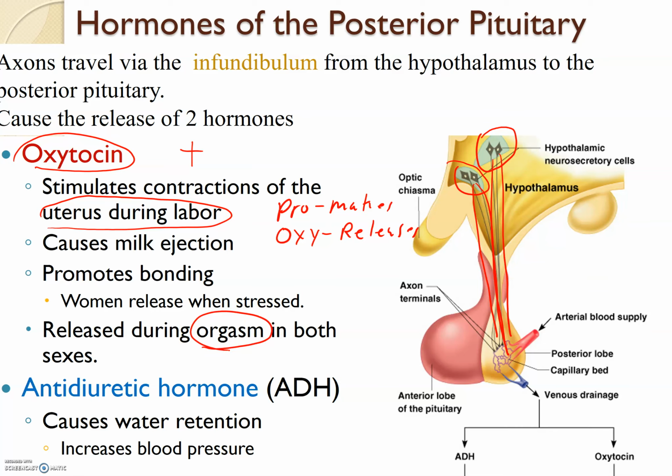Now, antidiuretic hormone, that causes water retention. So you're home alone, you're eating a lot of potato chips, your blood becomes really salty, and the hypothalamus goes, I don't like this. So what's going to happen is you make antidiuretic hormone. It causes water retention directly, and that evens out the saltiness. So that's why if you eat a lot of salt, you'll start to swell up because you're making more antidiuretic